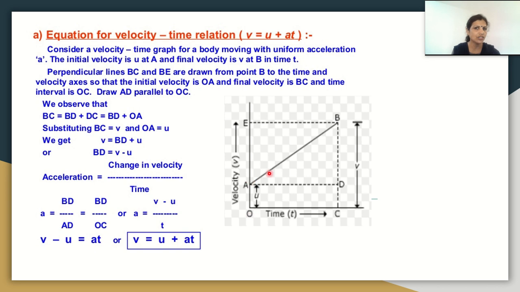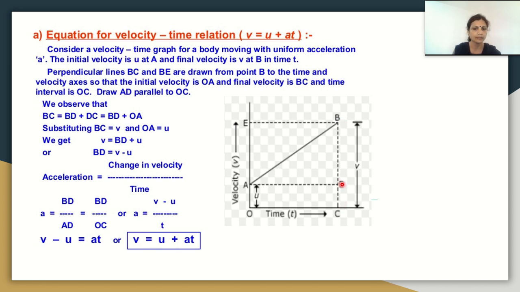Is it passing through the origin? No. It means the object has a certain initial velocity, and that initial velocity we have represented by the letter U. So the object starts from point A and after some time it reaches point B. So at B the object has a final velocity, right? So OA represents initial velocity, and from point B,